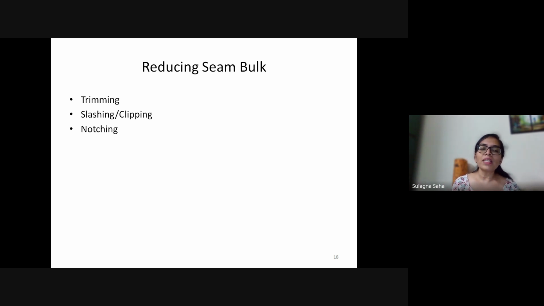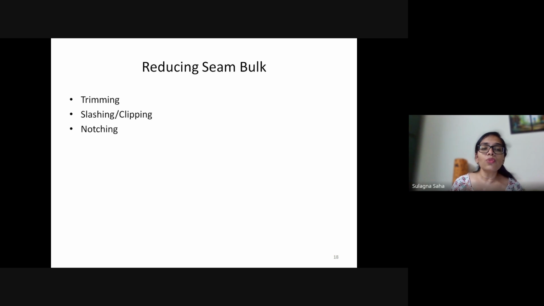So at times we need certain things to keep the seams in place. A very common thing that we do is, since students often take extra seam margins, once you're done with the first stitch of the seam, you trim it. If you're happy with the stitch line that is already done, you trim the seam allowance a little to reduce the seam bulk.